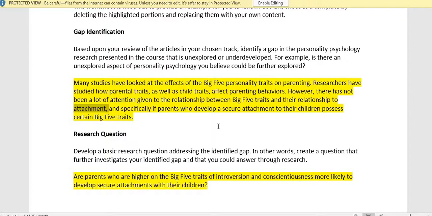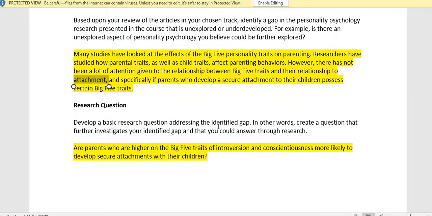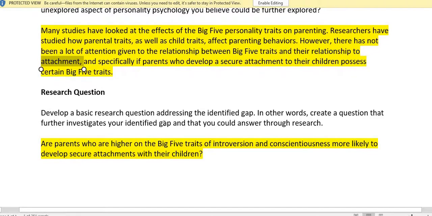So again, it's a very brief overview of what previous research has shown and what the gap that you have found is. If you can get it down to 3 sentences, that would be great. As concise as you can is what I'm looking for here. There's no need to cite previous research or go into detail about the previous research here. Just a quick statement in your own words of what the research has found and what the gap is. And that should tie directly into your research question